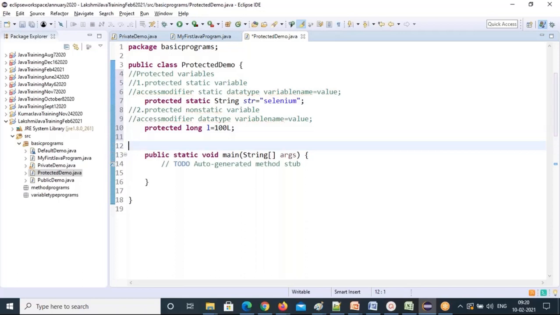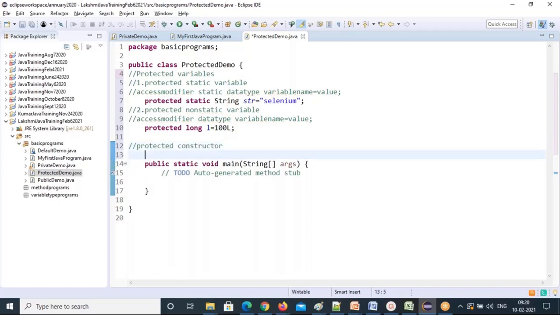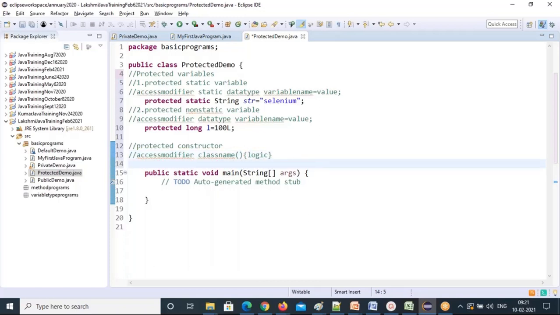Two variables I declared. Now the next member is the constructor, so a protected constructor. What is the protected constructor syntax? Access modifier, then the class name, parenthesis, curly braces, logic. Any constructor, it doesn't matter. That structure never changes.